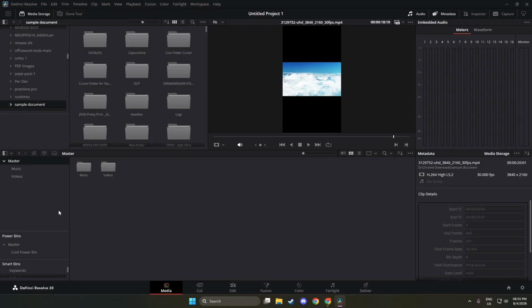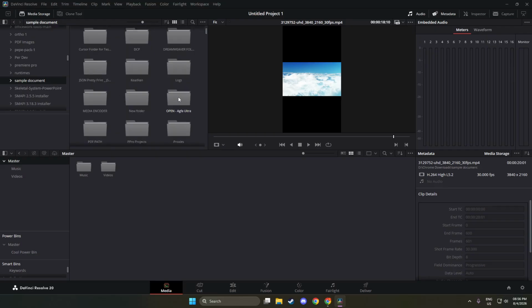First, go to the Media page. Look along the bottom of DaVinci Resolve for the row of page icons. Click the one labeled Media. When you are in the right place, you will see the media pool in the top part of the screen and the media storage panel on the left side. The viewer area will be mostly empty if you have not imported anything yet. Once you are here, you are working in the part of Resolve designed just for bringing files into your project.